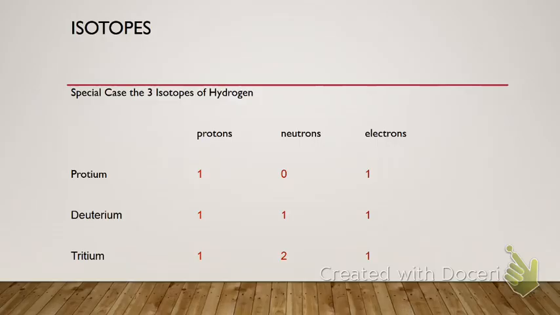99-point-something% of hydrogen is that isotope. Deuterium has 1 neutron, and tritium has 2 neutrons. Has anybody ever heard of heavy water? Somebody said it. I've heard of hard and soft water. That's different, yeah. So heavy water is water that is made with the deuterium isotope of hydrogen, so it actually